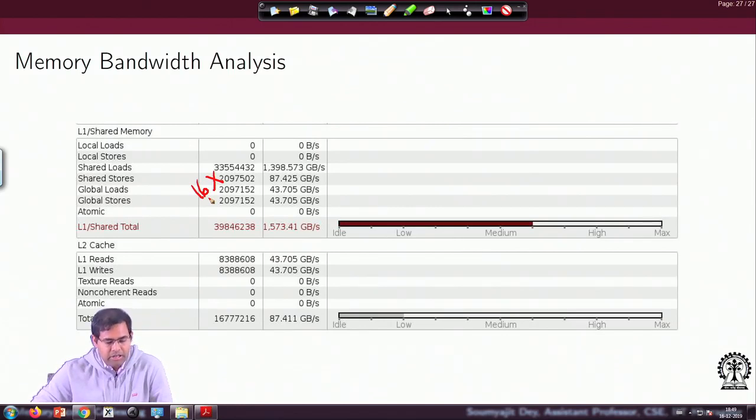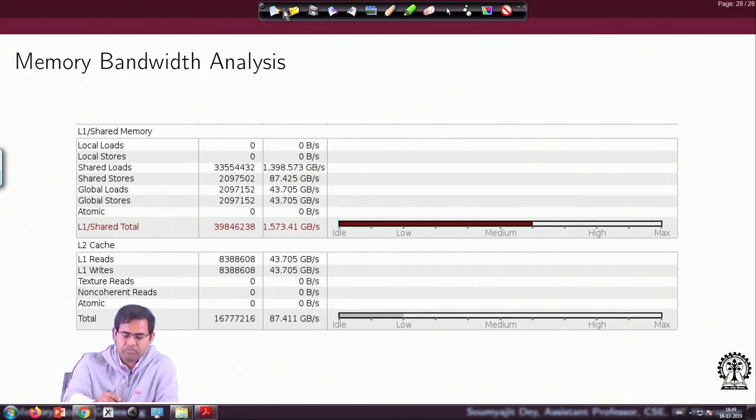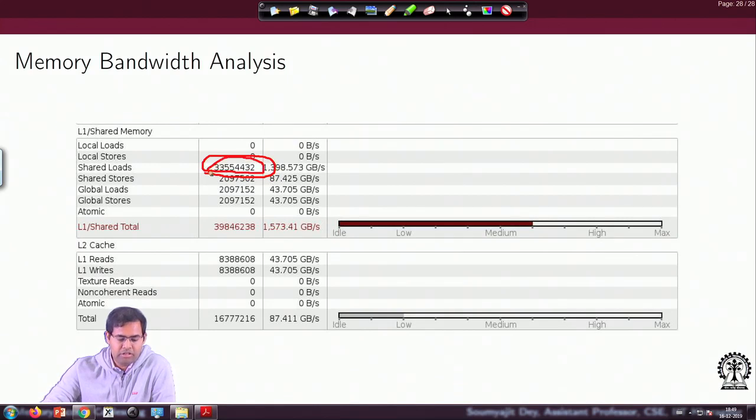Some other interesting observations: since we have got nice access patterns with respect to global loads and stores, both of them are small, there is no increase based on the problem that we have been discussing. So, this is the good thing about the shared memory, and we have also pointed out the bad thing, that due to bank conflicts I have got a huge increase in the number of shared memory loads, right.